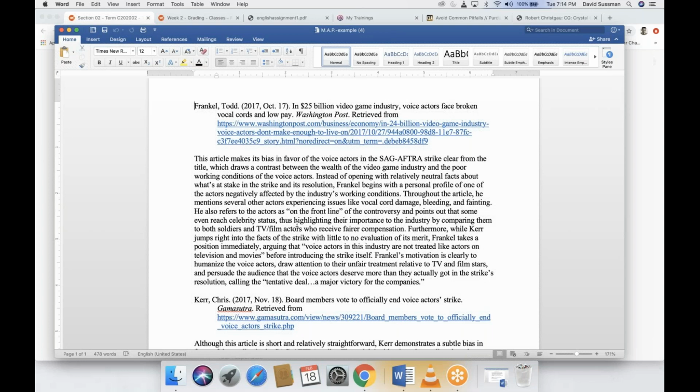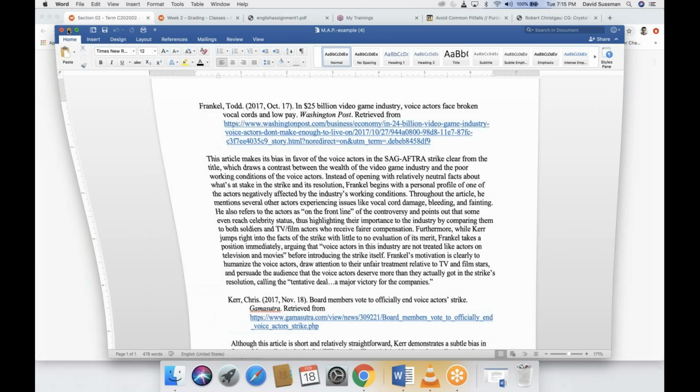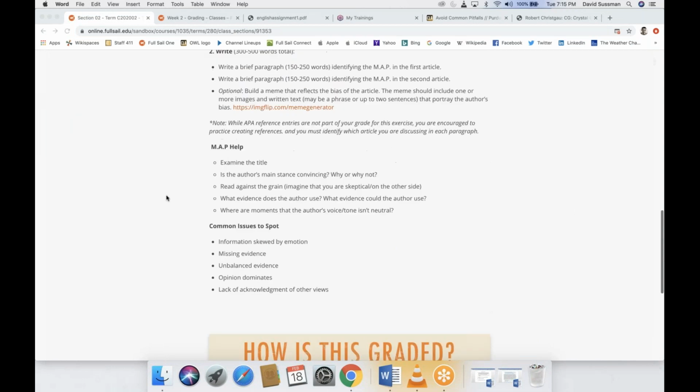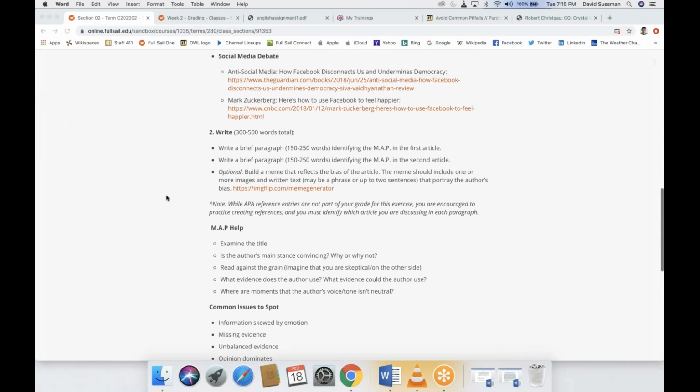I can tell you that a lot of times the first person is unnecessary, especially when it's things like I believe, I think, I feel, because it's obvious that you believe and think and feel because it's your writing. But no, you don't get penalized for that. So third person is probably perfectly fine. But if you slip into a first person voice because it's more comfortable for you to talk about the 2 articles you read, that's fine.